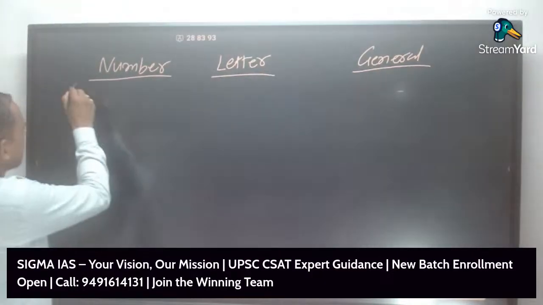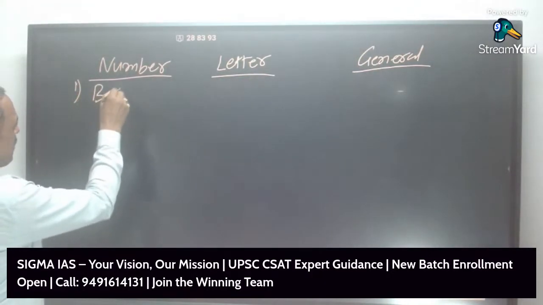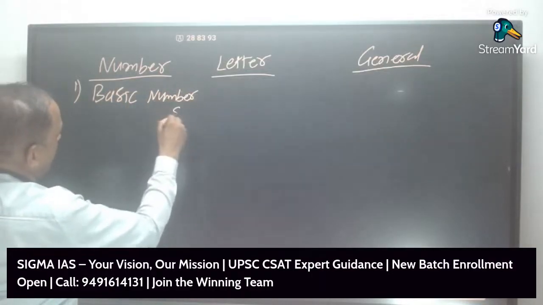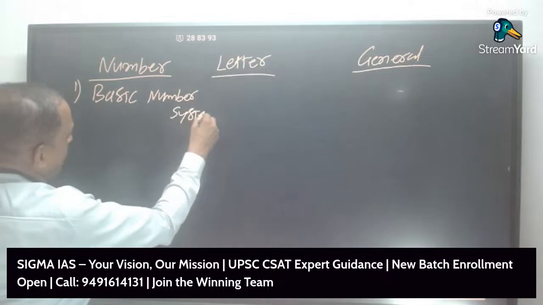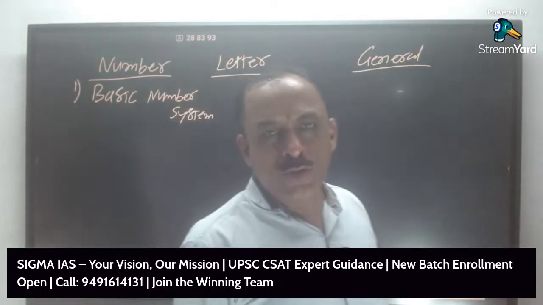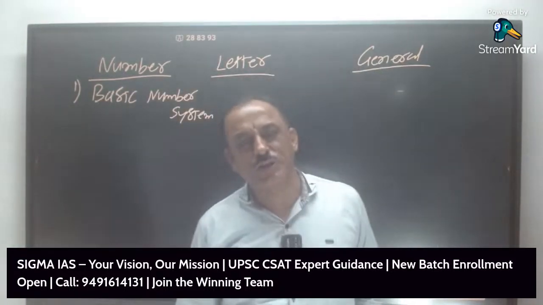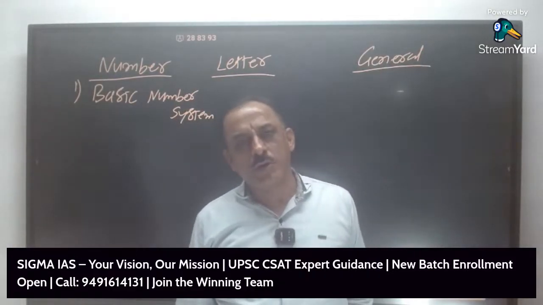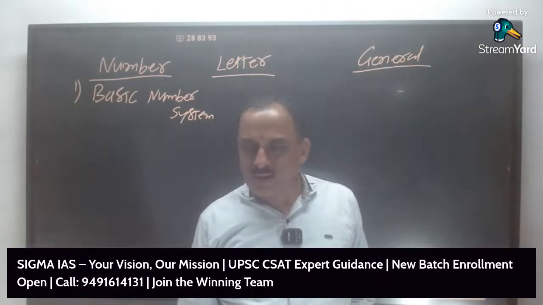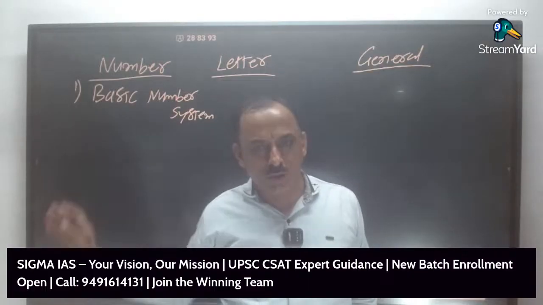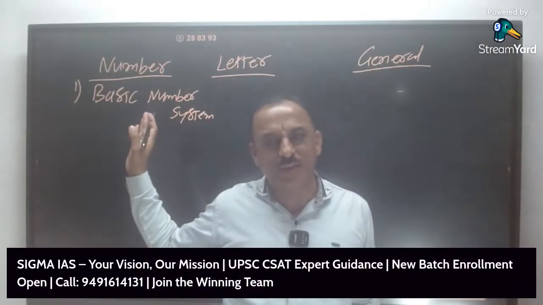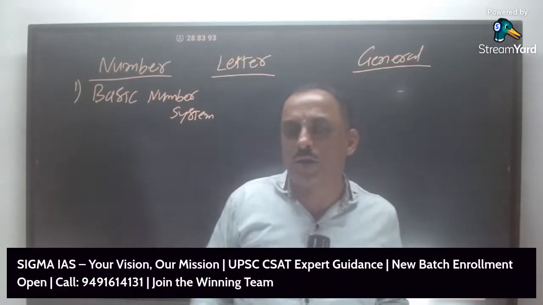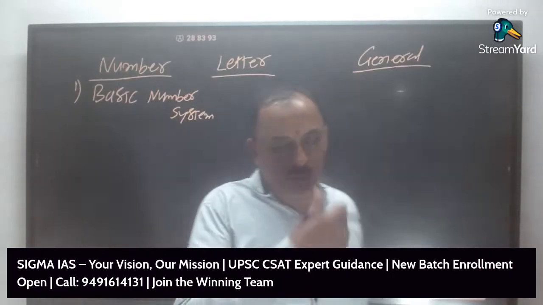So the first one is the basic number system. What is the basic number system? You should know the different types of numbers. What is a natural number, whole number, even number, odd number, prime number, composite number, divisibility, last two digits. These all are part of the basic number system. We will discuss each and every topic in the future classes. The next one is